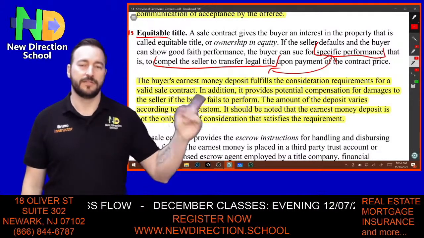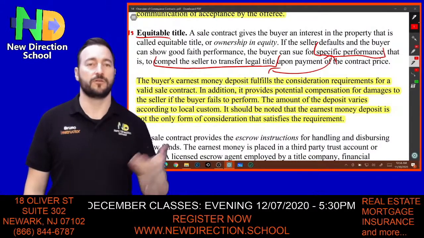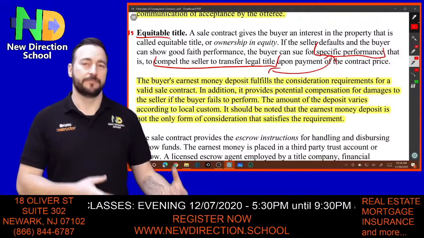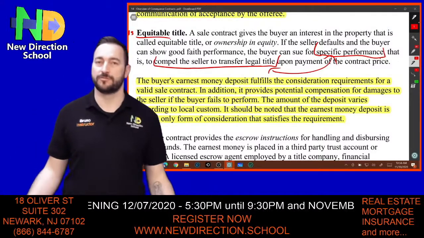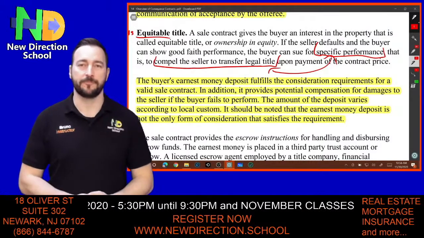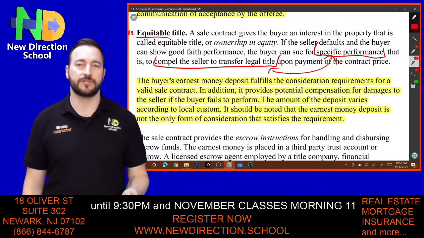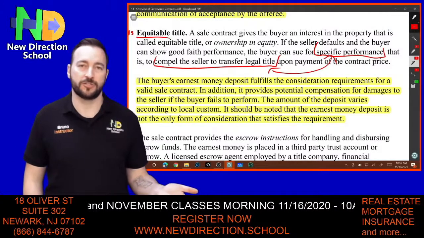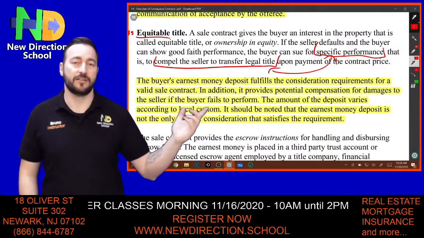So the buyer gives the earnest money deposit to an agent or to the seller or to whoever is stipulated in the contract. They give them money, like a security deposit on a rental. If you damage the house or if you break the lease terms, then the landlord can keep the money. The good faith deposit is very similar to that, where if the seller backs out, there's no money to be transferred, but the buyer can sue. But if the buyer backs out, the seller can keep that money.